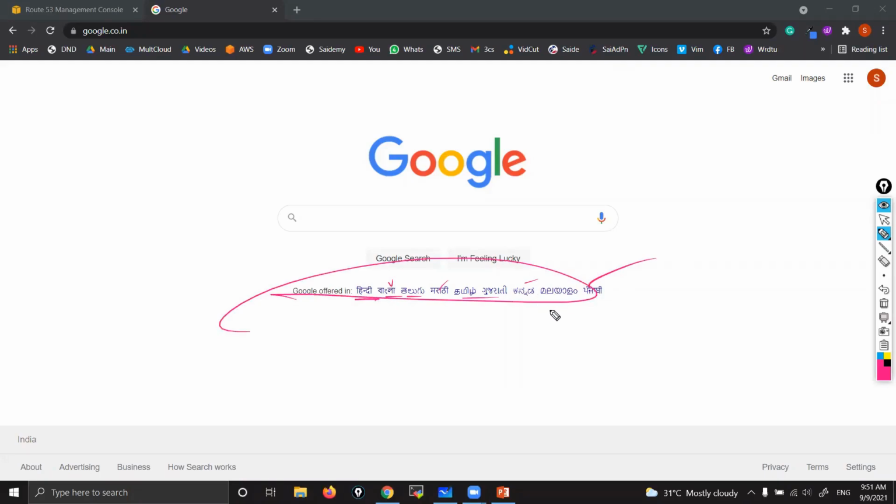I don't know if you have been abroad anytime. There you just type Google, then you can see their local languages. For example, if you do that in Singapore or Malaysia, then you can see Malayalam, Tamil, their native languages, like that.